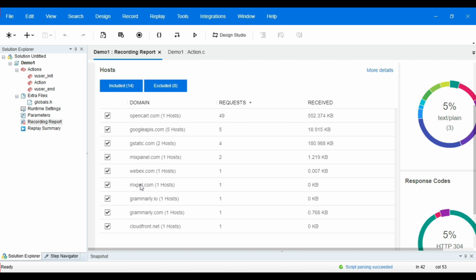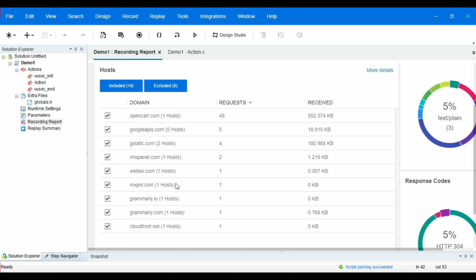Whenever you record a business process, a portion of this generated traffic is generally not related to the actual business process. For example, the Chrome browser which we have used to record our OpenCart demo application accesses many external servers. This overhead will not be meaningful for our load test. That means if you run your load test as it is with all these external server requests, it will not be a proper load test because you are not only hitting your intended application under test but also some other external servers as well. These are not required for our load test.